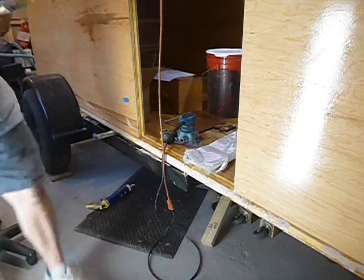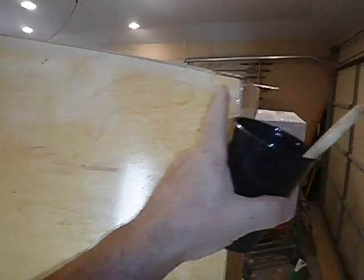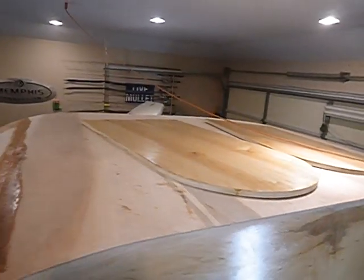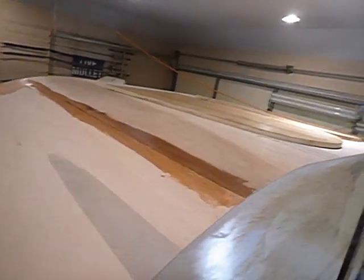Alright, so the next thing I want to do is I want to go along and seal the edges. See, it has a little bit of sealer right there. I want to seal the edges all the way down, and then on the roof you should be able to see one up there I was working on. I'm just going to brush that on, fill that gap in,